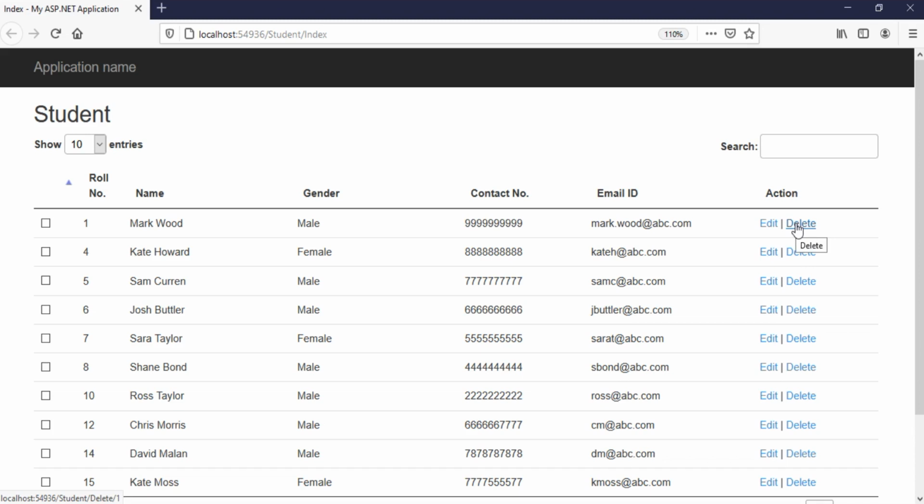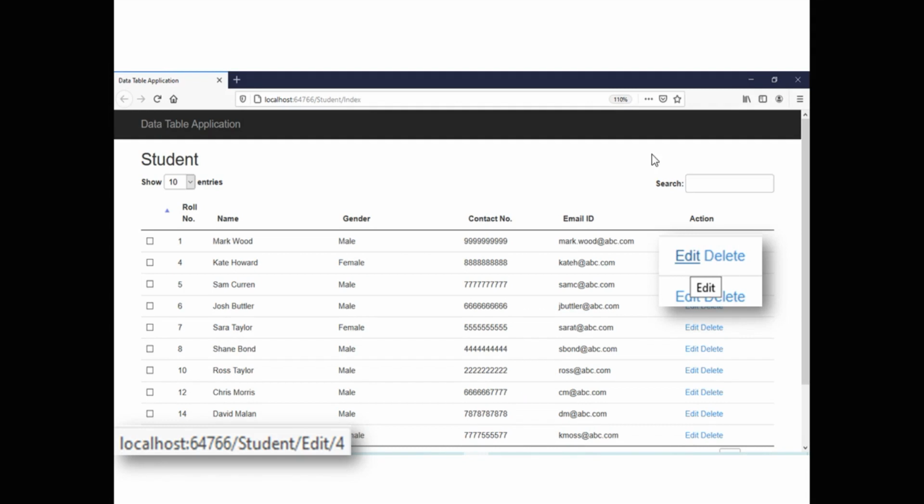Similarly for the delete also. So what will I do? I'll just take a screenshot of this and I'll point it there. So see, when you click on this edit or delete link, in the left bottom corner of your browser window, you can view this kind of URL. So edit/4.